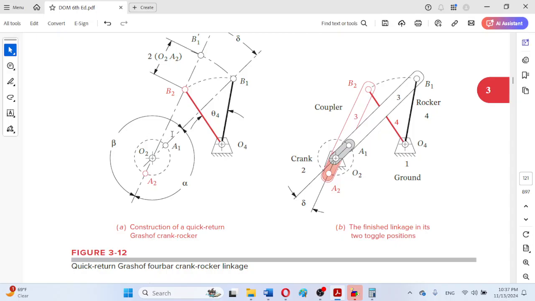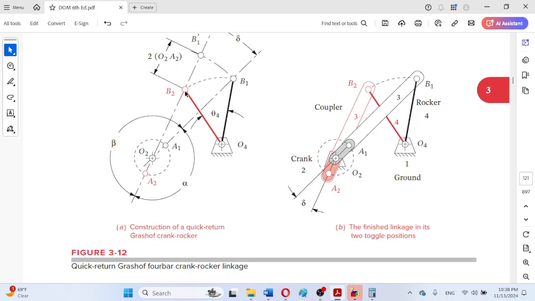So that means this angle is additionally covered by an angle beta. So this is the forward stroke and this is the quick return stroke. In this way, the crank will be moving from position A1 to A2, then the rocker will be moving from extreme B1 to B2, and as more angle is covered, greater than 180 degrees, so that will be comparatively